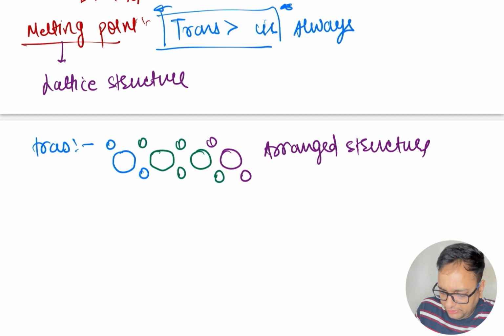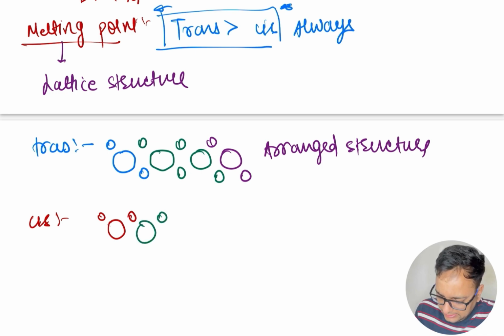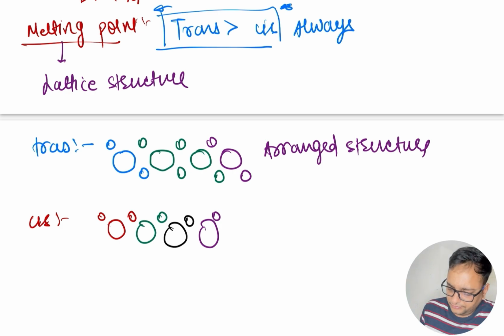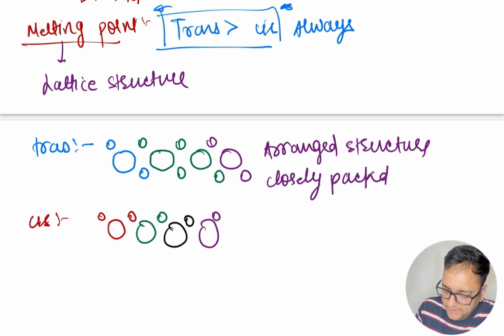When we talk about the cis compound, it does not have an arranged structure. Somehow like this is one cis, then it is another compound. This is cis, this is another compound, this is cis. So this is cis. It is a relatively less arranged structure, whereas the trans has a more arranged, closely packed structure. So when it is closely packed, its melting point of trans is always greater than cis,